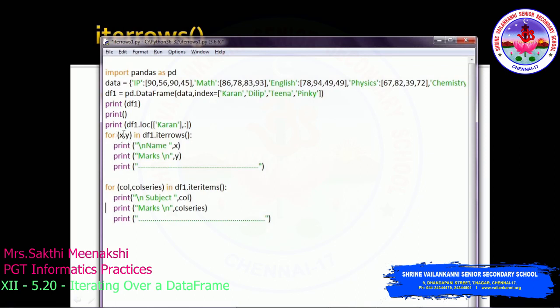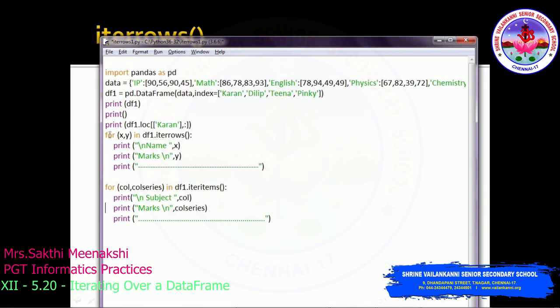This x is a row index it returns and y is a series. This series contains all the marks of a particular person. Since we have the student name as index values, row indexes, it returns all the row index, and then y is all the column marks. So it gives the marks of all the columns, IP, math, English, physics, and then chemistry.